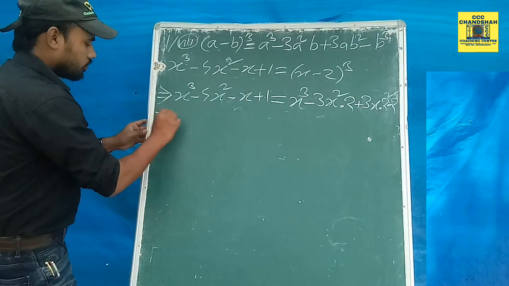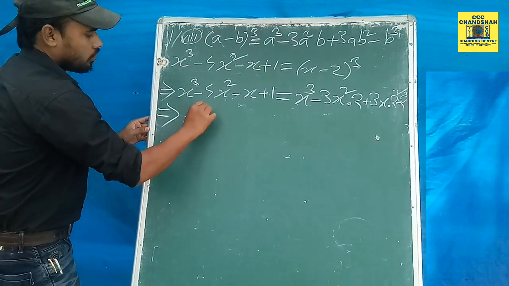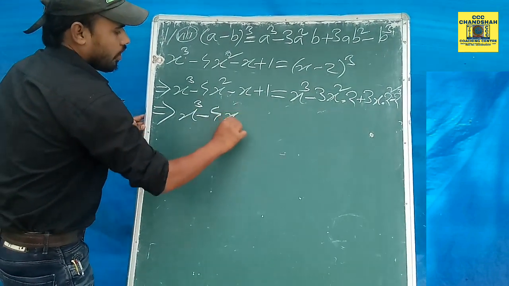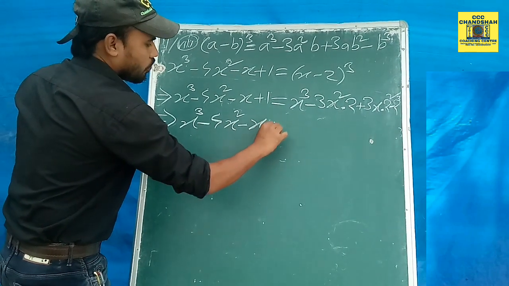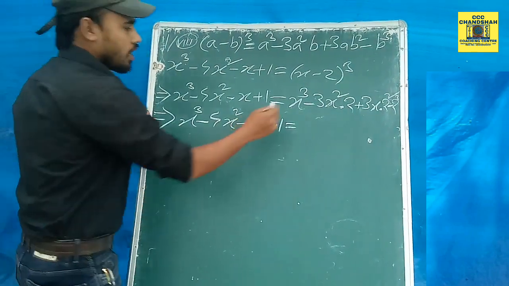Okay. So x cube minus 4x square minus x plus 1 is equal to x cube